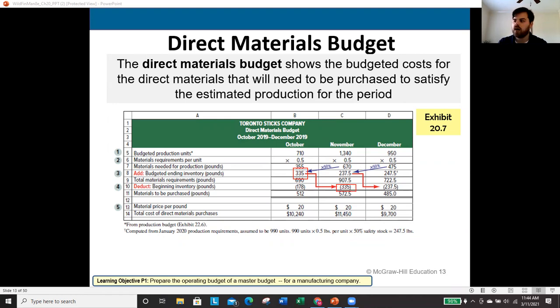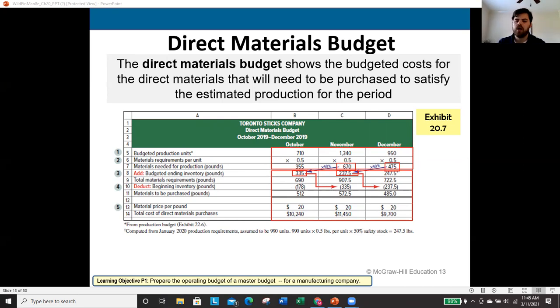Now, once again, anytime I am doing this, I think the best way for you to start is to go ahead and figure out this top section for each month. If you do this, then you will have the information available that you need to do the rest of this. So I would always go ahead and calculate these first 3 lines for each one of my months. Then you'll have available this number right here that you need to get this number, and you'll have this 475 available that you need to get that 237. And it just makes the question roll through a lot easier.